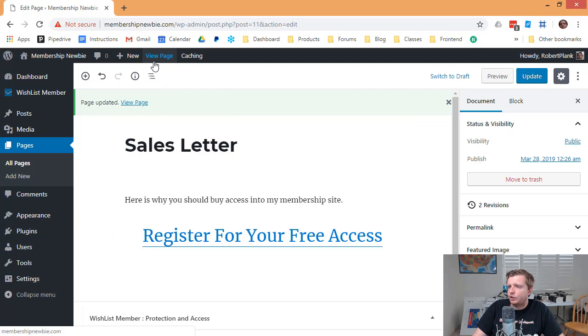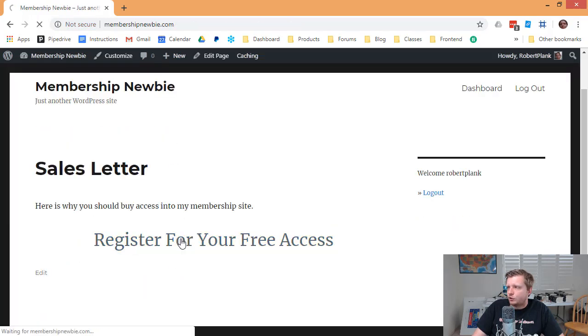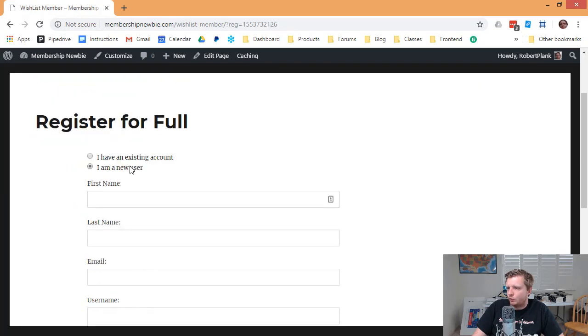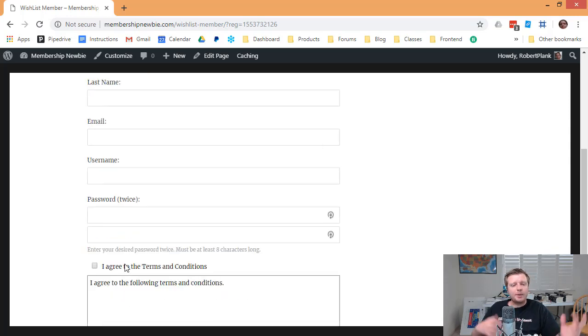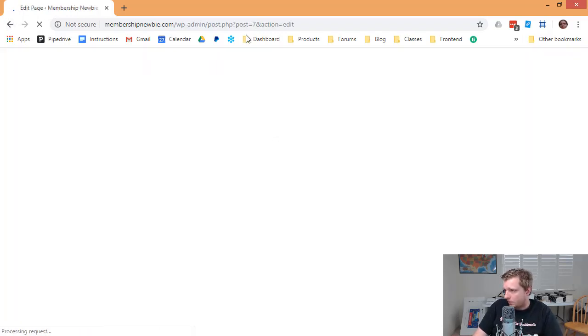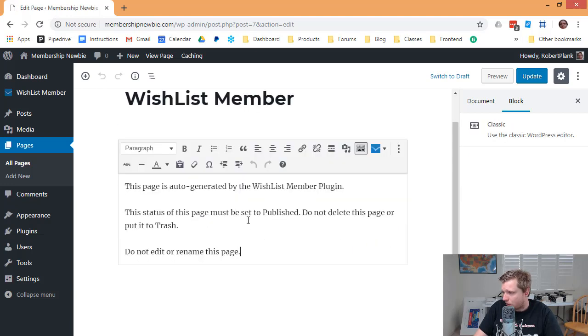And when we view that page, someone can just click on register for your access. I'm already logged in though, but here's how they could register for access to your membership site. As a new user, they enter this in, and now they can get in. But I think if we edit the page, there used to be a way, at least before